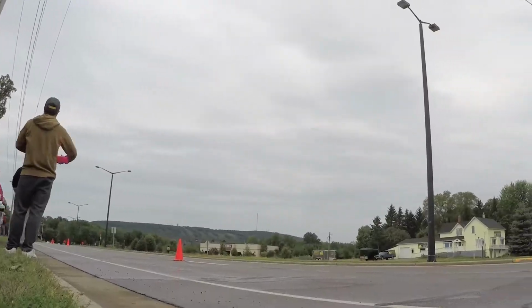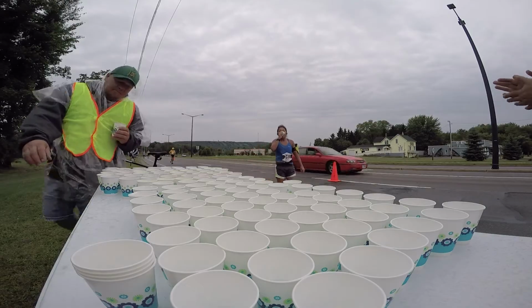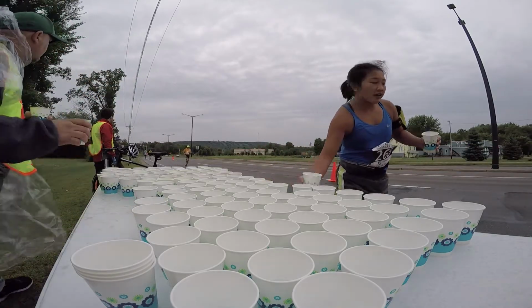And today we're out standing in the rain as part of the communications for the Wausau Marathon in Wausau, Wisconsin. It's a 26.2 mile race that stretches throughout the community here. And usually the weather is beautiful, but today we've had rain on and off all morning, so it could be